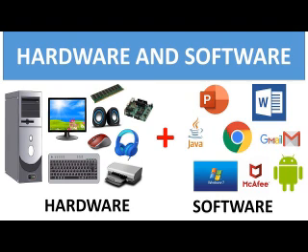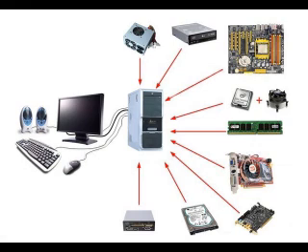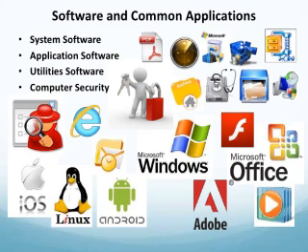First we should know that a computer is the combination of hardware and software. Hardware is the physical component of a computer. Physical component means it has a structure. We can touch it, we can see it, we can feel it. That is the hardware. Some examples of hardware: keyboard, monitor, mouse. The parts that are attached to the computer are the hardware.